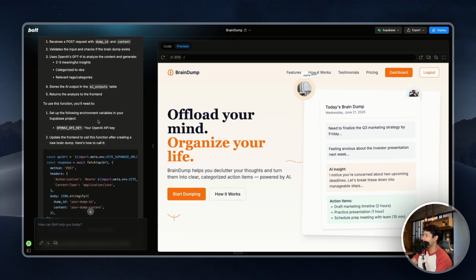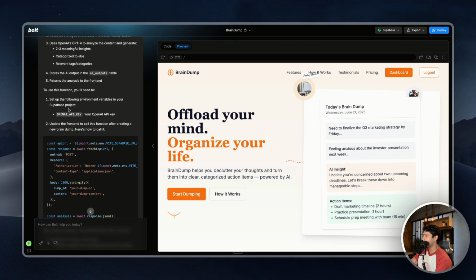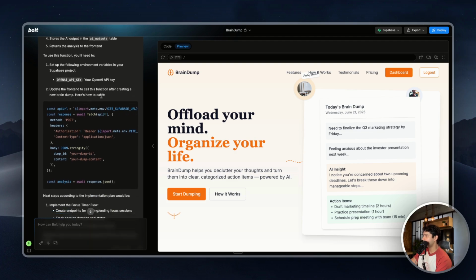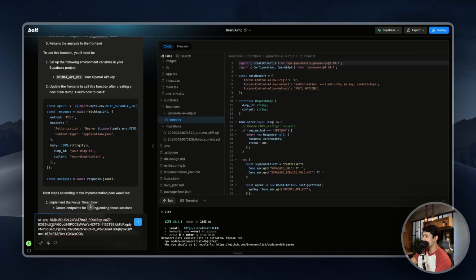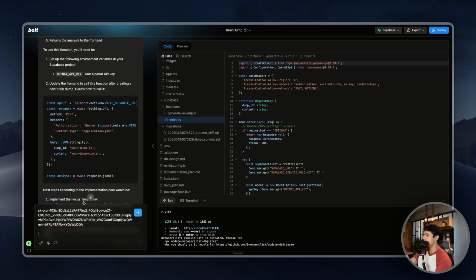To use this function, you will need to set up the following environment variables in your Supabase project. Update the front end to call this function. Let me paste the OpenAI key because that is what it is asking me for. And then it is also asking to update the front end to call this function. The above is the OpenAI API key. Please use that and also update the front end to call this function. At the end of this, I want this functionality to work properly and then we will proceed with focus timer